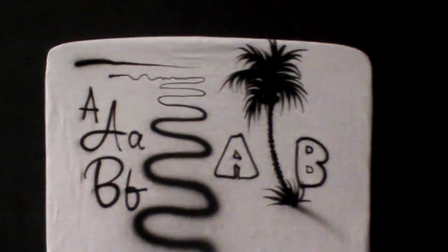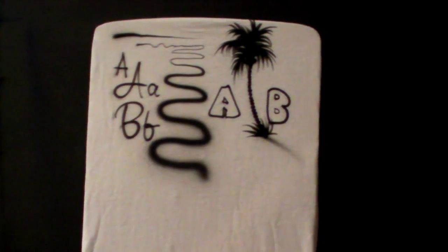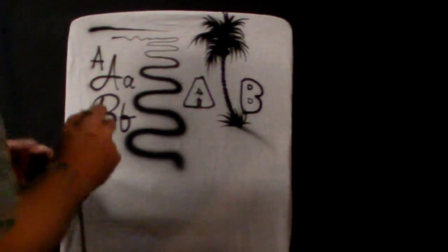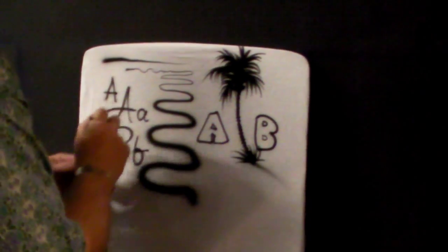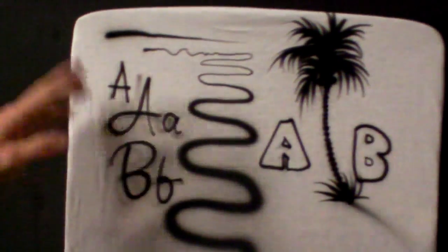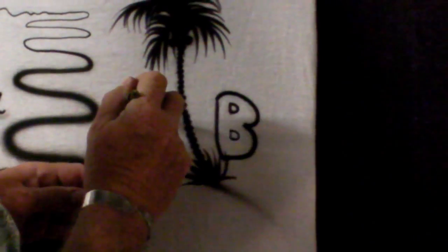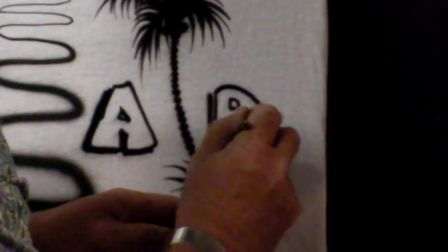There are all kinds of different techniques and styles, but everybody develops their own. But pretty much everybody down there uses the same one. And then you can drop shadow it, come back in there, back away from it, and kind of give it a drop shadow look. But definitely what you want to do is work on